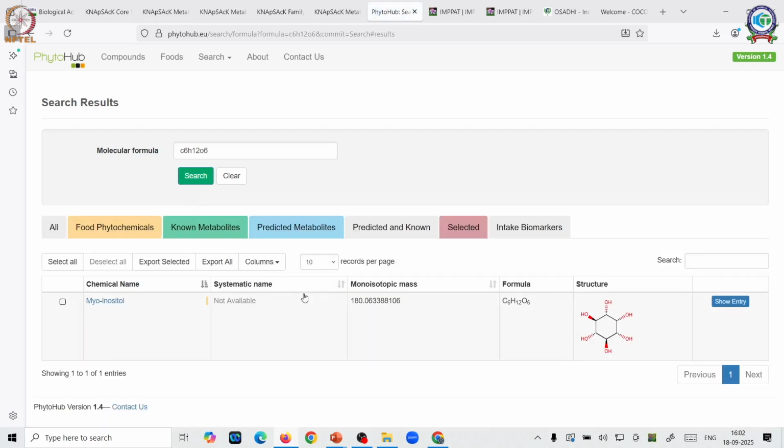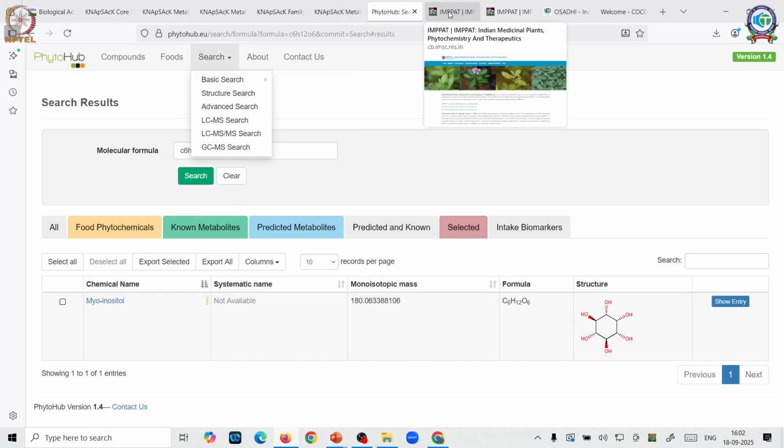So if I know my compound, I know my molecular formula, whatever compounds are present in this database along with the same molecular formula, it presents there. So I can do my structure search, LCMS, GCMS search and so on.